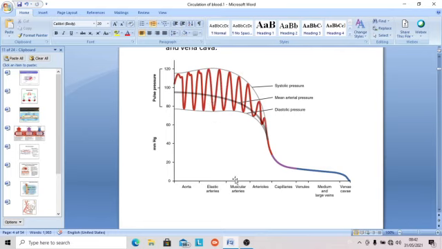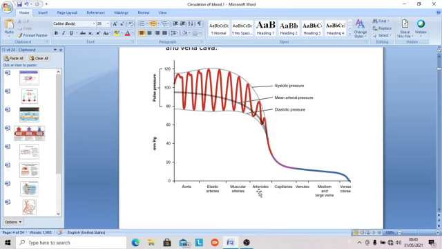Then come the smaller arteries, which are called muscular arteries. They have more muscular cord, so the amount of pulse will reduce. Muscles are also elastic, but these are exclusively elastic properties. So some pulse is maintained, the systolic blood pressure, and this is the mean blood pressure in the aorta. You can see it's around 100 and then slowly falling.